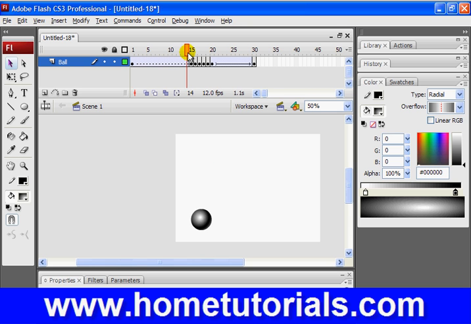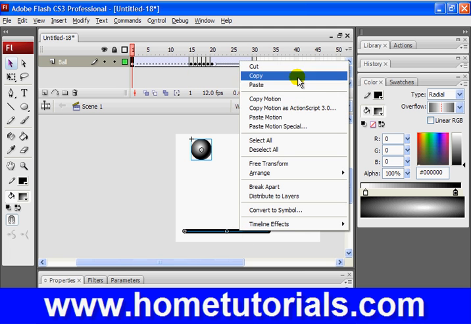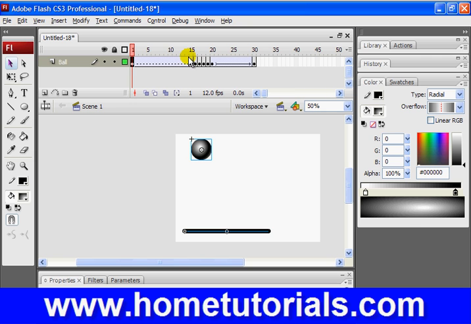Now what I need to do is make sure it's in all the frames. And the only way to do that is to have inserted it from the beginning. So actually, what I can do is copy the symbol, put it here at the end,